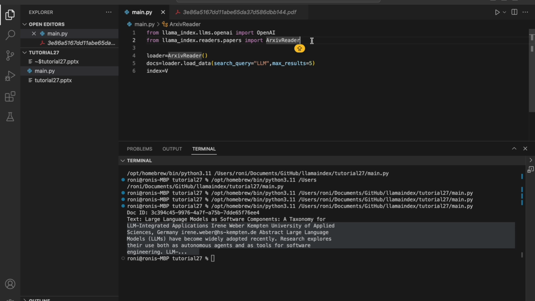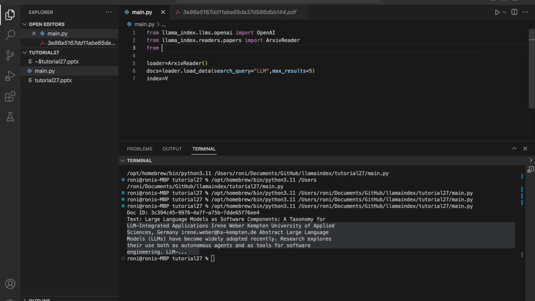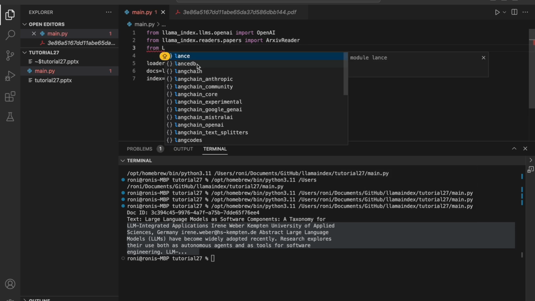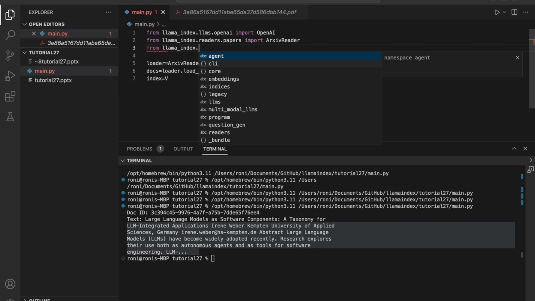For that we'll probably require a couple more libraries. So maybe, let's say, from llama_index.core